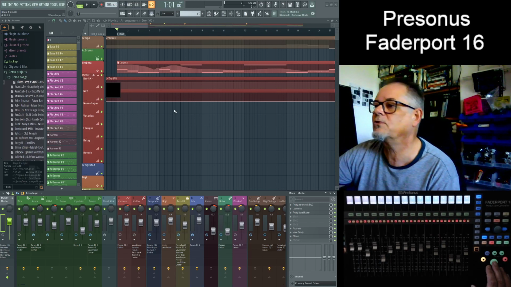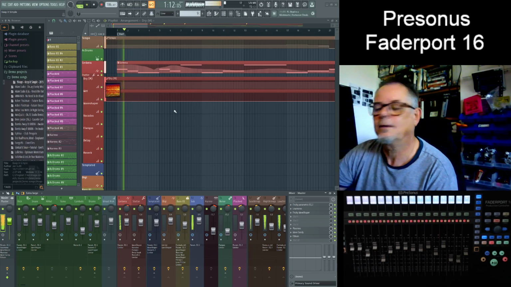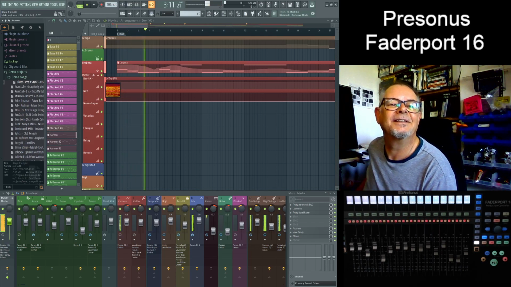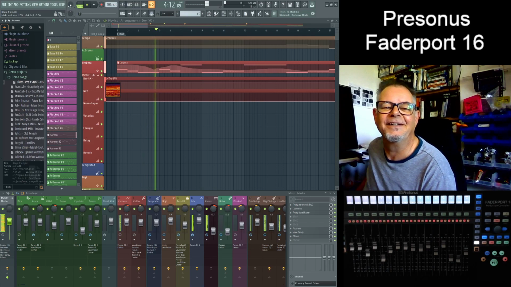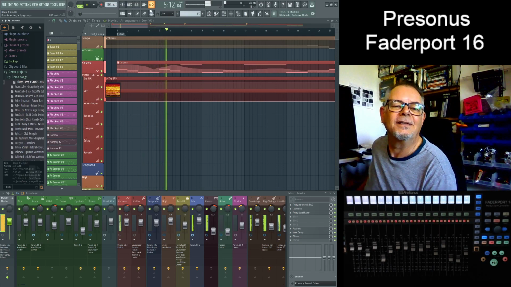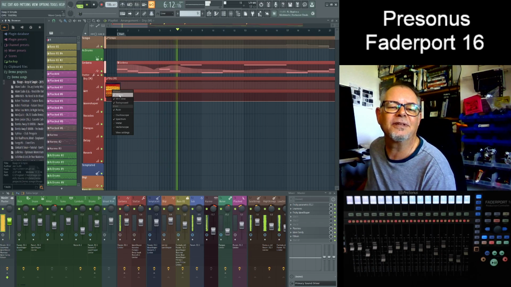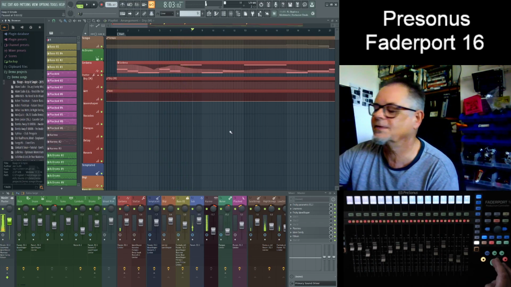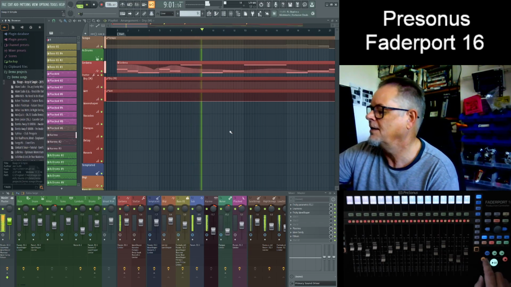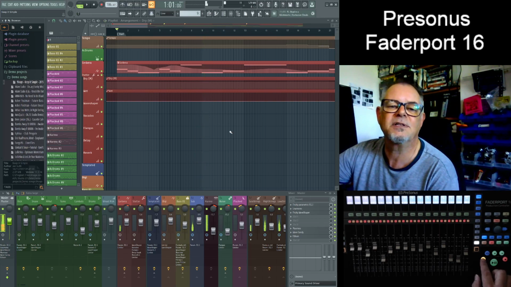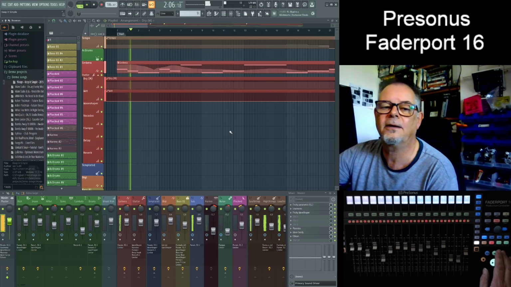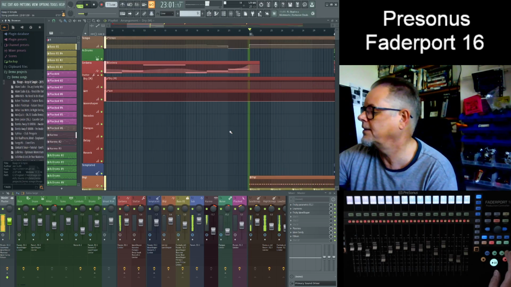So with the transport controls, I'm going to hit play and turn that down. Let's turn it down so you can hear what I'm saying. Let's switch that off. You don't really need to have that visible. Now with the play control, it's play and pause. So I've hit play again, it's paused, and I can start again from that position. If I hit stop, it's going to take me to the start of the track. I can jump through the track